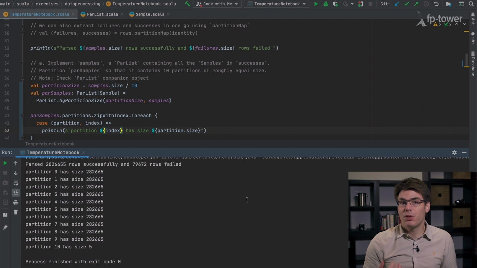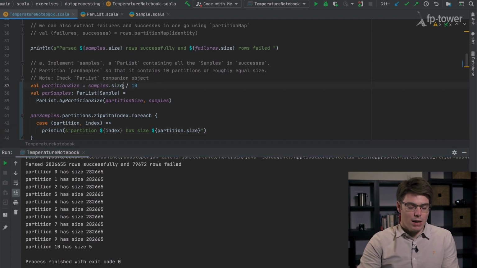Say we have a list with 51 elements. 51 divided by 10 is equal to 5 because of integer division. But if we split a list of 51 elements into partitions of size 10, then we get back 5 partitions of size 10 and 1 partition of size 1. So basically, we should round up instead of down, meaning that if the division returns 5.1, we should select 6, the first integer above it.